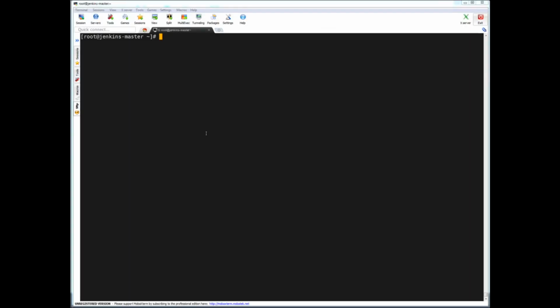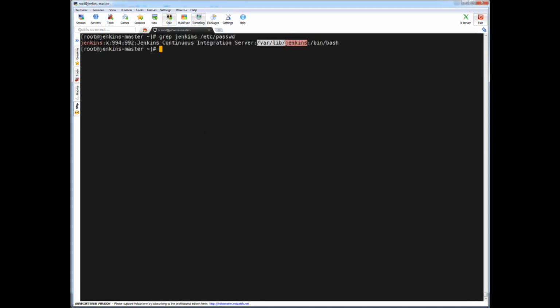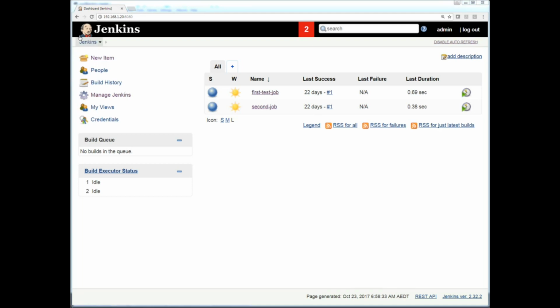So I'm logged on to my Jenkins server. Let's quickly see what the current Jenkins path is. You can see it is set to /var/lib/Jenkins, which is the default one. If you want to verify the current Jenkins home or Jenkins path, you can very quickly go to Jenkins, click